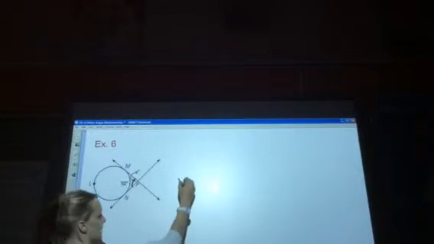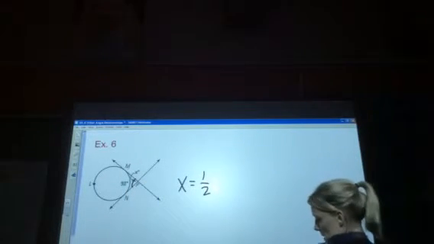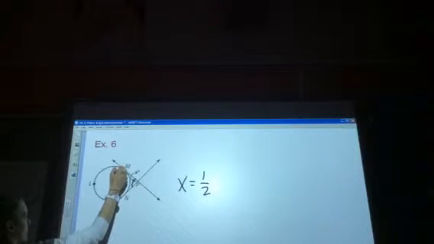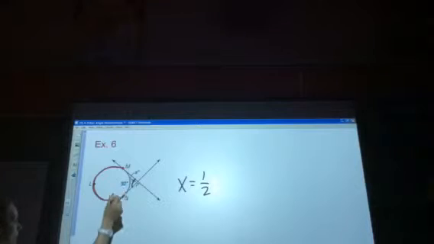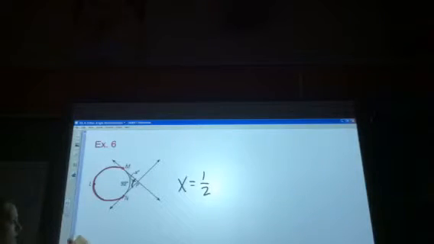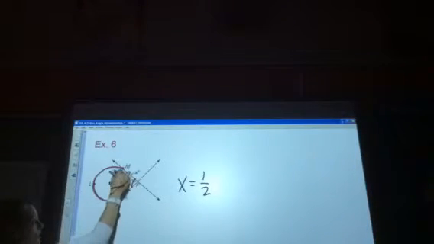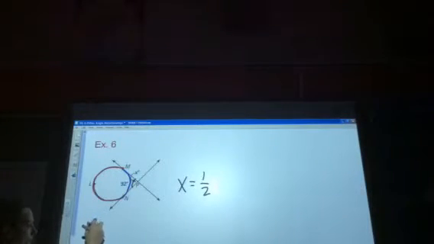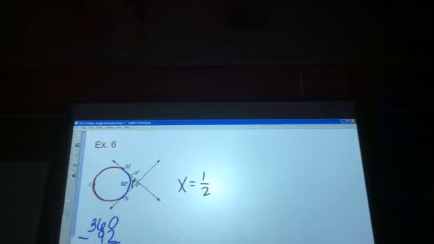Alright, so here we again have two lines. These are actually tangents that intersect outside. So our angle, which is x, is equal to 1/2 the measure of your bigger arc minus your smaller arc. So our bigger arc here is major arc MLN. But I don't know the measure of that arc. So you need to use the smaller arc, which is 92. And if you know the whole circle is 360 degrees, you could take away the smaller arc, 92, and get 268 degrees